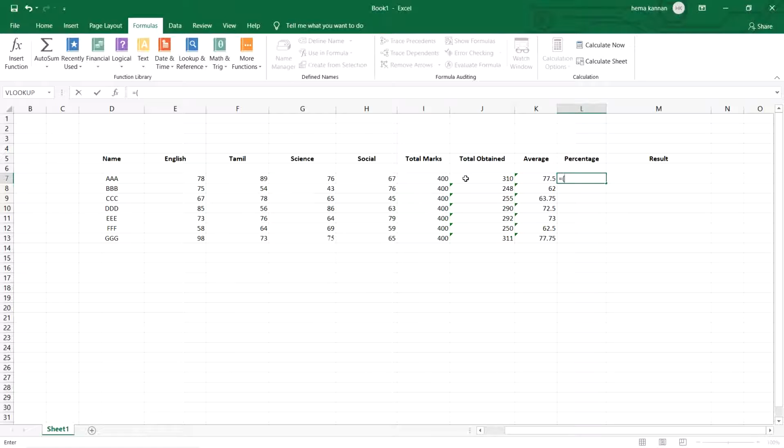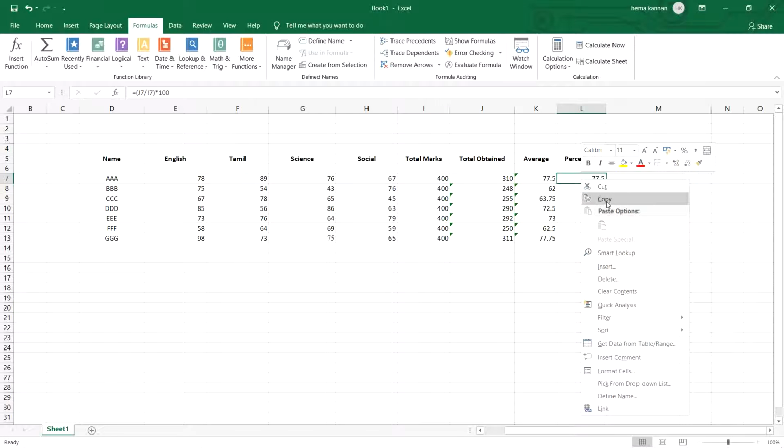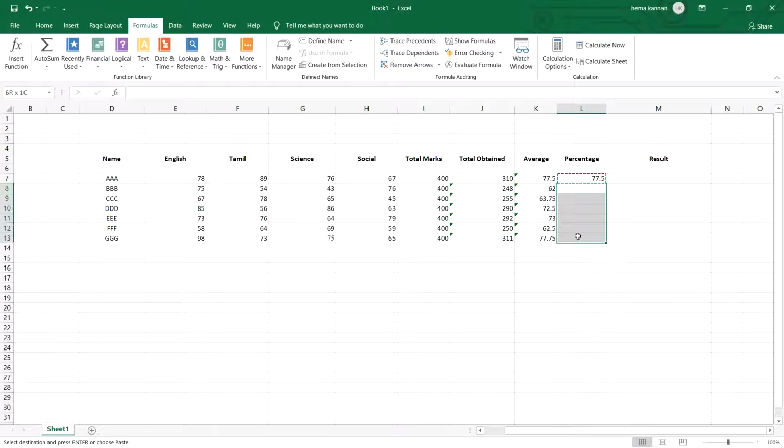So enter, open bracket, select the J7 divided by I7, close the bracket, into 100, enter. You got the percentage. In the same way you can copy the percentage and paste it for the other cells also.